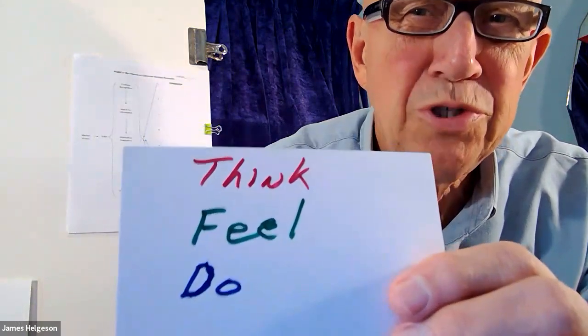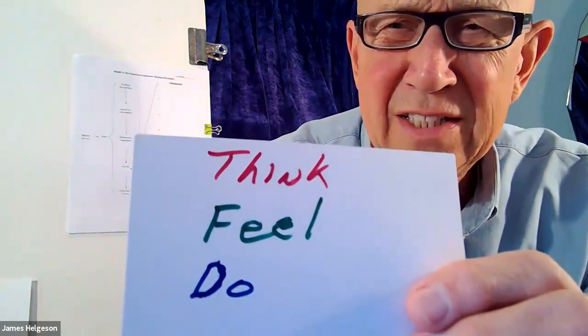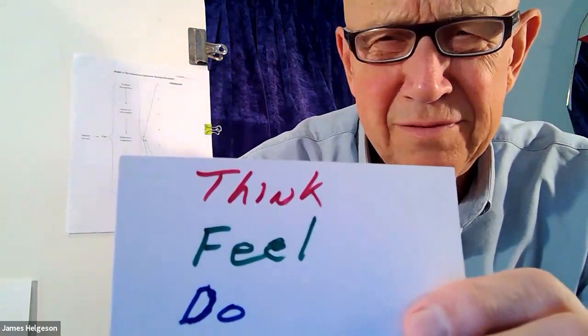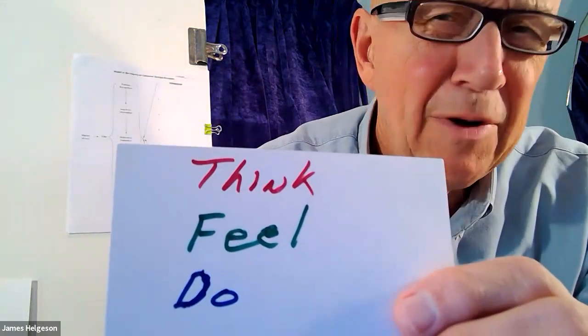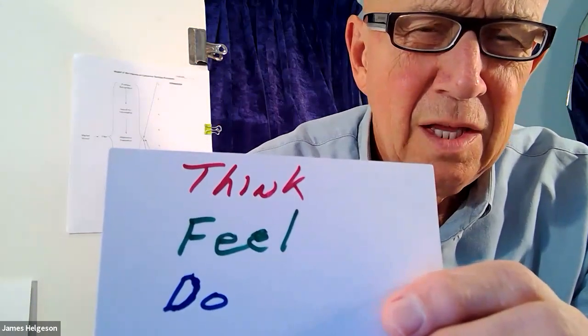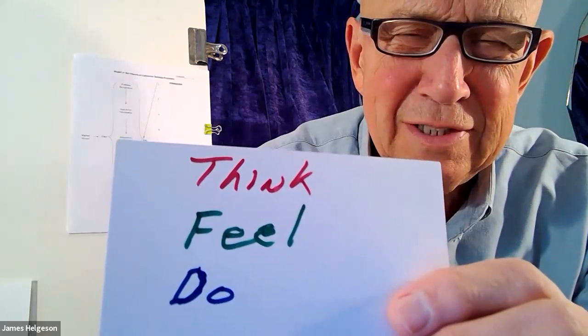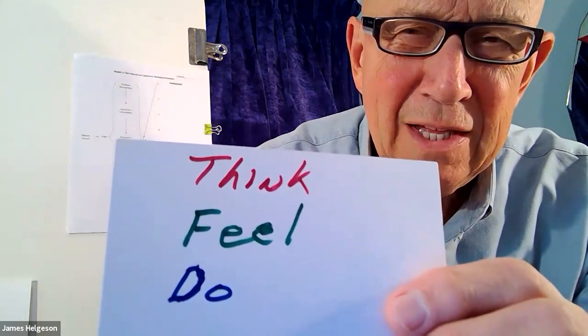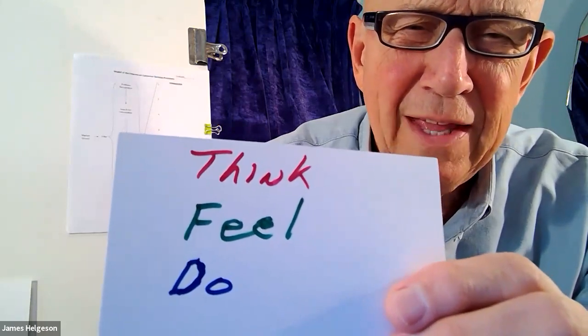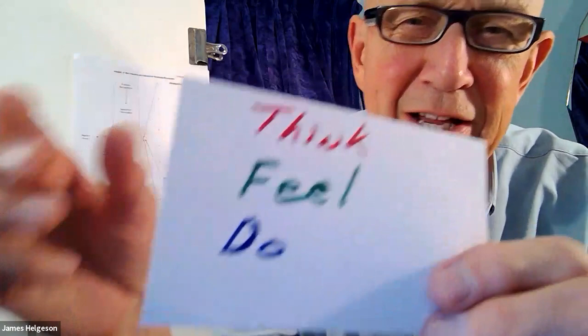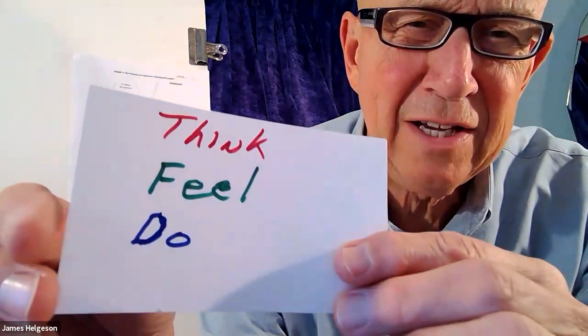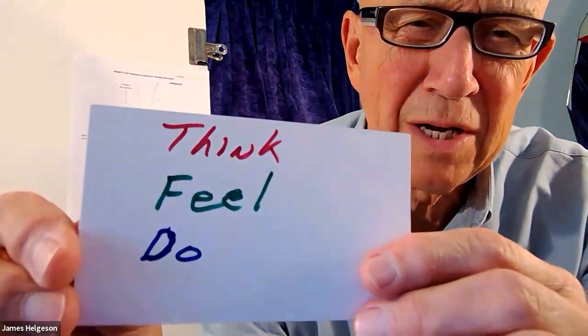Now we're getting into emotion. Feeling is affective, emotion kinds of things. I can know what you think about something, what you believe, and I can know what you feel about it, some emotional response. But what do